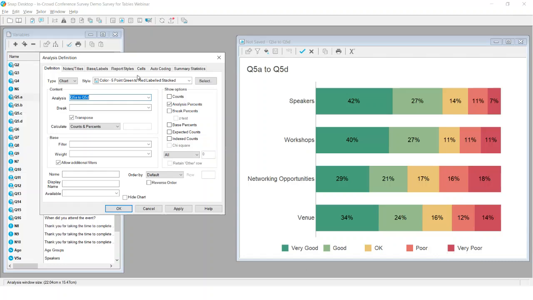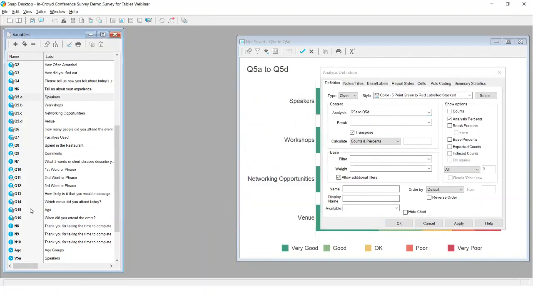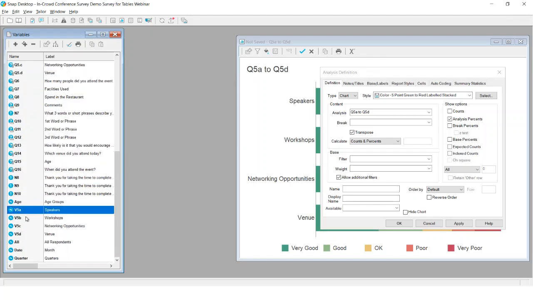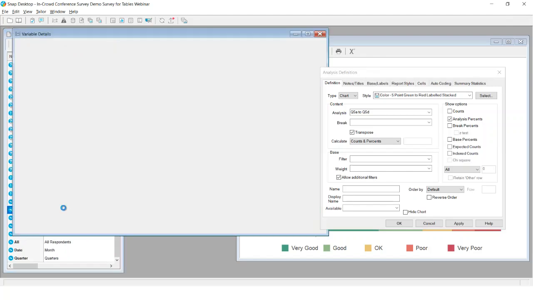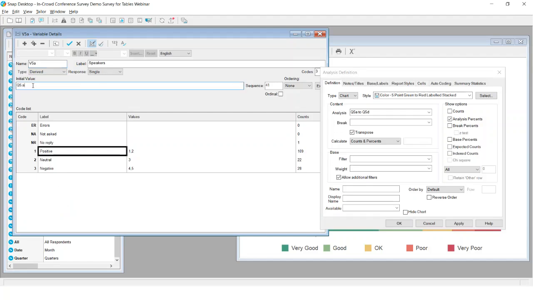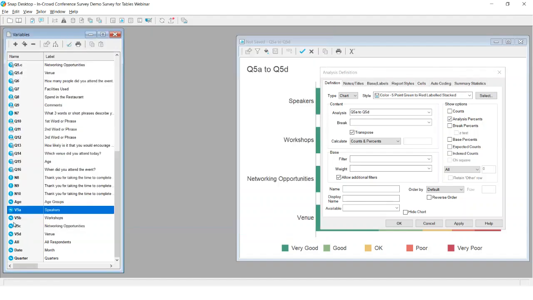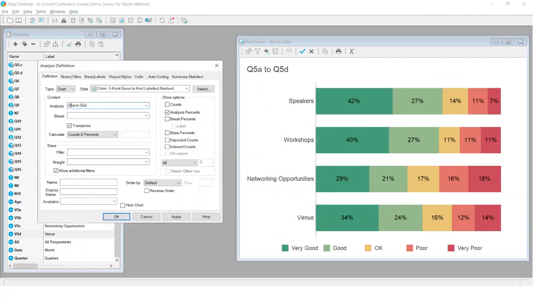So again, I've got one I prepared already. Those are my original questions, question 5A, B, C and D. We come down to V5A, B, C and D. I go into V5A. Again, it's grabbing its data from the original questionnaire, on the original question 5A. And as I said, the good and the very good, 1 and 2, is positive. The number 3, the OK, is neutral, and poor and very poor is negative. And as I said, I've got the equivalent V5A all the way down to V5D. So if I switch that out, instead of being Q5A, if I make it V5A,